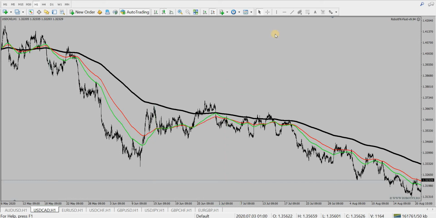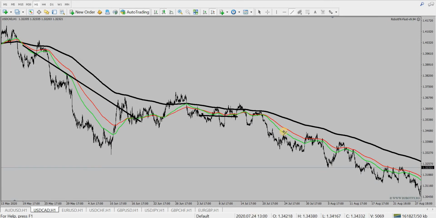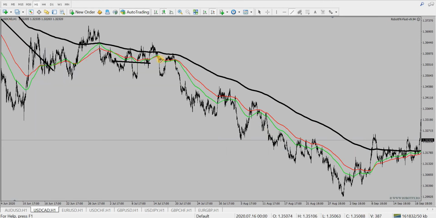Let me delete these lines better. We'll consider the downtrend from here. You can see the red above green and the price below black. From here until here will be the EA's downtrend. And then from here, no, oh yes, sorry. From here until here, it will enter this trade, and it will ignore this one, which is good, was above the black anyway, and again it will trade sell from here until here,